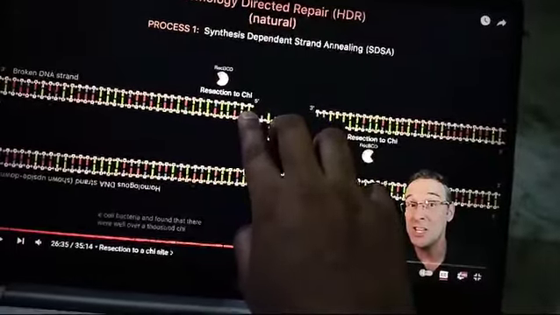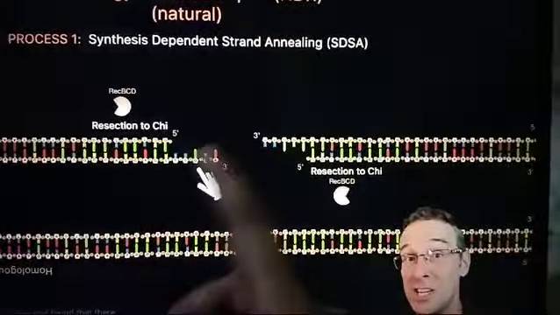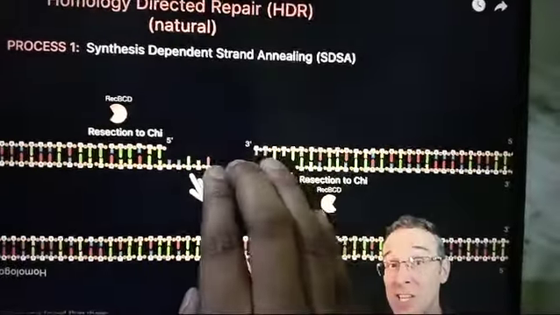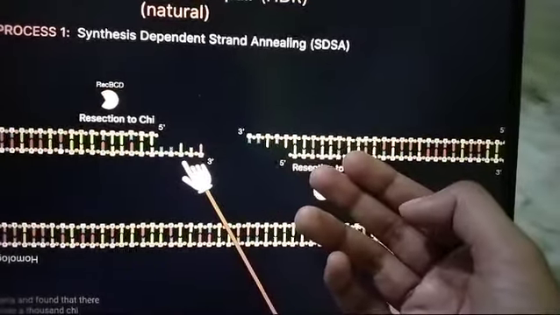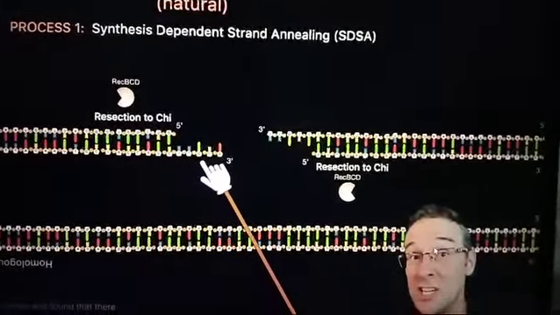He says chi site. That chi site stands for GCTGGTGG. This enzyme resects the DNA up to the chi site, and then its work is over. After that, what comes into play is